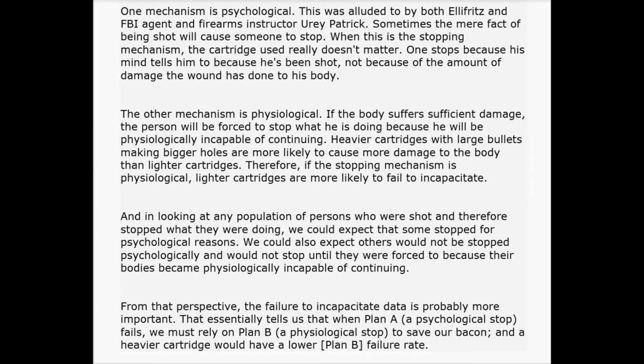One stops because his mind tells him to, because he's been shot, not because of the amount of damage that has been done to the body. The other mechanism is physiological. If the body suffers sufficient damage, the person will be forced to stop what he is doing because he will be physiologically incapable of continuing. Heavier cartridges with large bullets making bigger holes are more likely to cause more damage to the body than lighter cartridges. Therefore, if the stopping mechanism is physiological, lighter cartridges are more likely